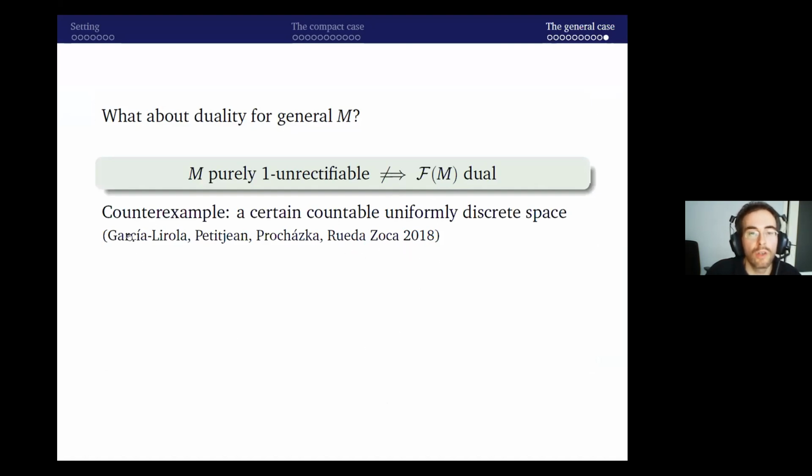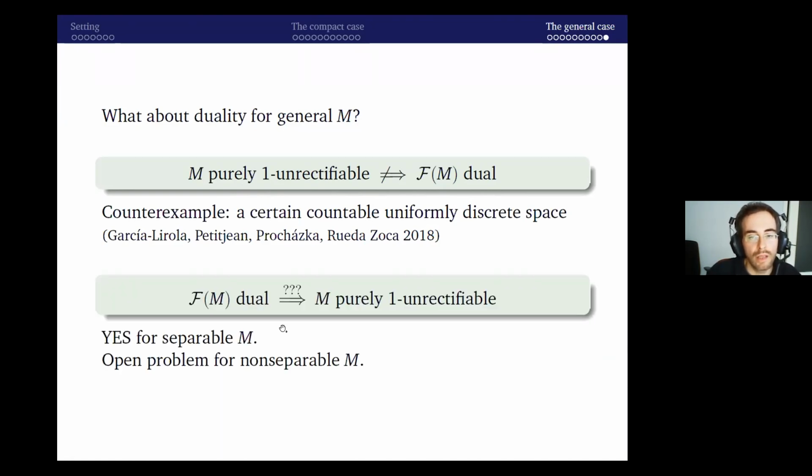For instance, a few years ago, Luis Carlos García-Lirola, Colin Petitjean, Tony Prochazka, and Abraham Rueda constructed a countable uniformly discrete space M, which is therefore obviously purely one unrectifiable, but its free space wasn't a dual space. So this shows that this implication is not true in general. But let me also mention that the reverse implication is open as far as I know. So if free space is a dual space, must M be purely one unrectifiable, or equivalently, must the free space